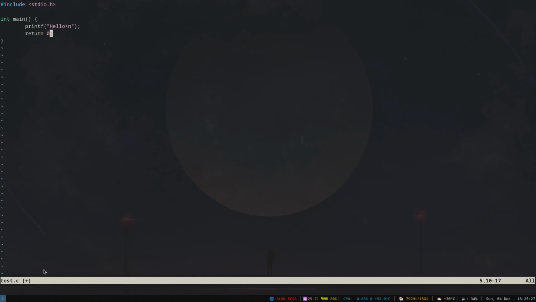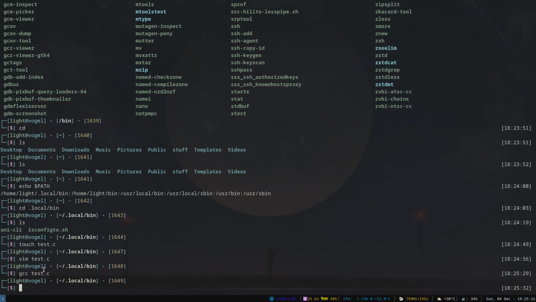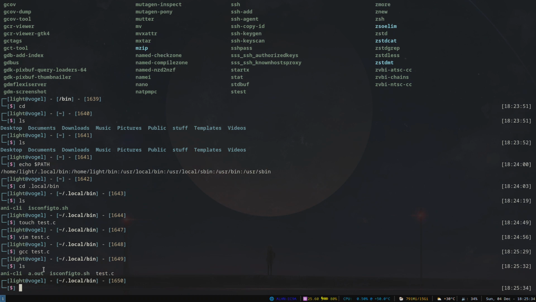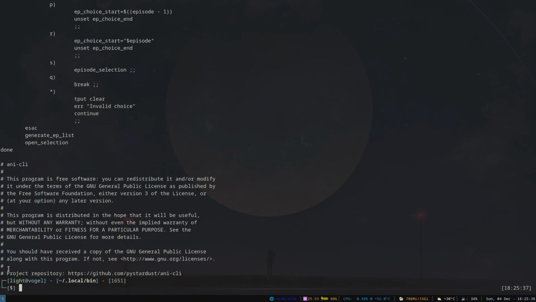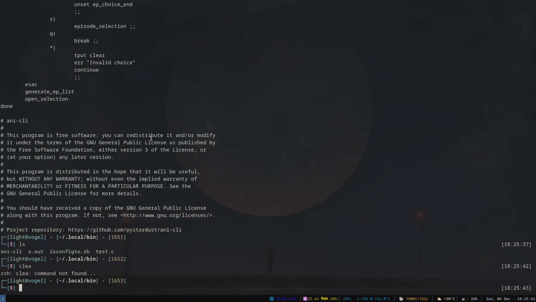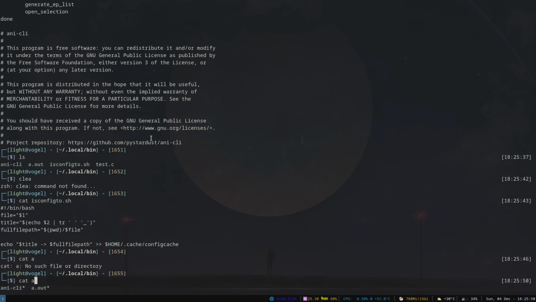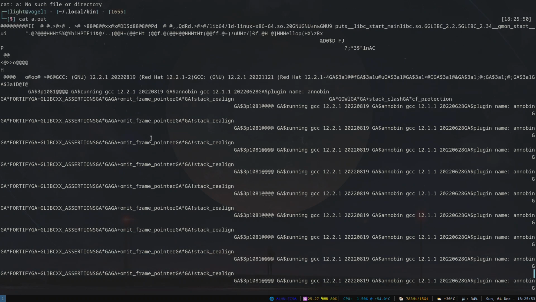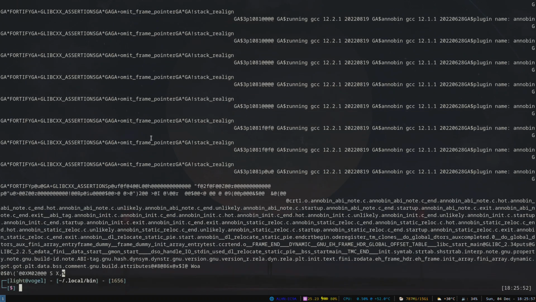Is that how you write C, right? So yeah, now if we cat NECLI, it's just a normal program. It's just a text shell script. So this is also text, but this is not text. It's just a binary thing. We can't read anything here.